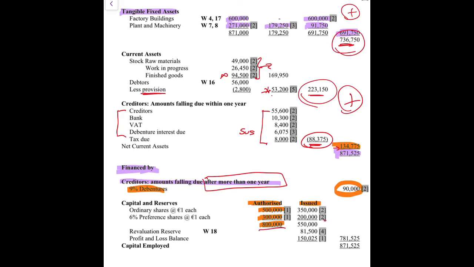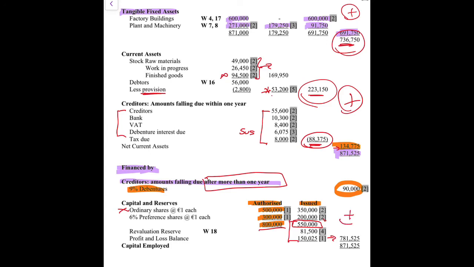Our issued amounts then, that's the figure that we're carried on with. Of our ordinary shares, okay, we have €350,000 issued. And of our preference shares, we have 200,000 issued. So that's bringing my total shares amount to €550,000. We also have the revaluation reserve of €81,500 and the profit and loss balance of €150,025. Okay, you're adding these 3 together then, okay, and that brings that figure out of